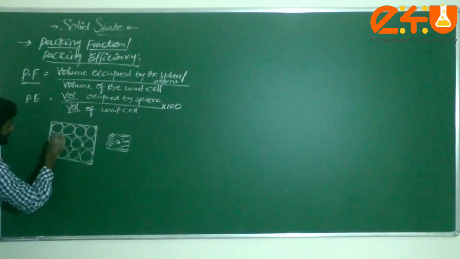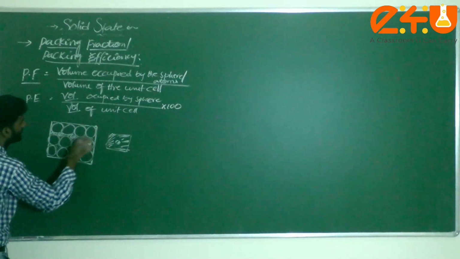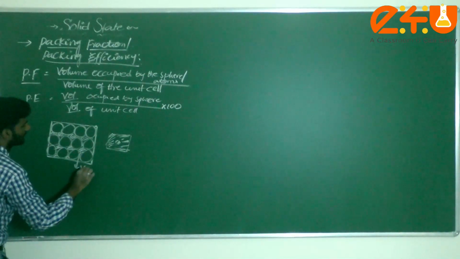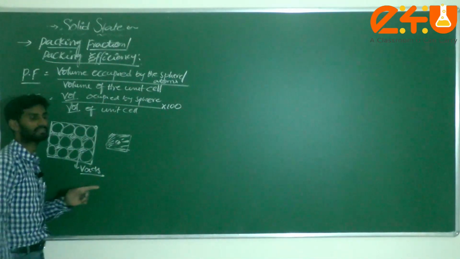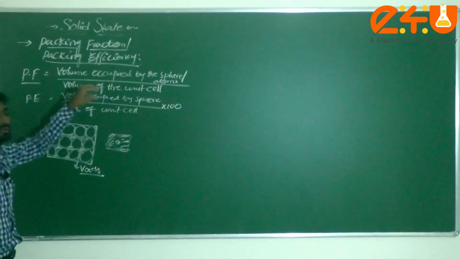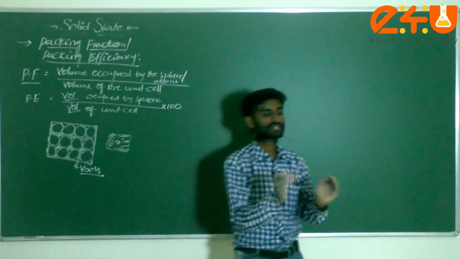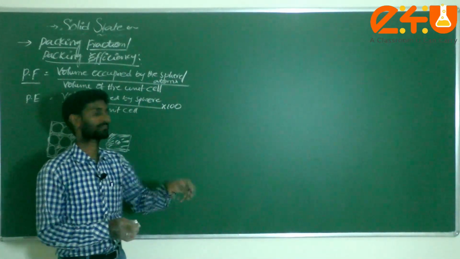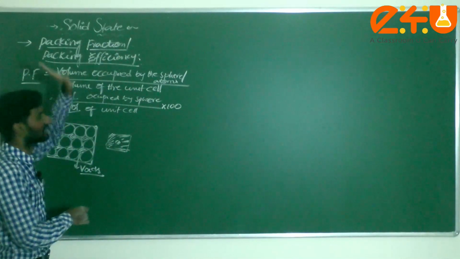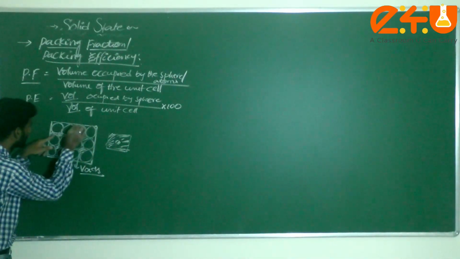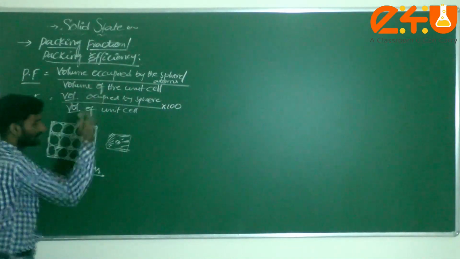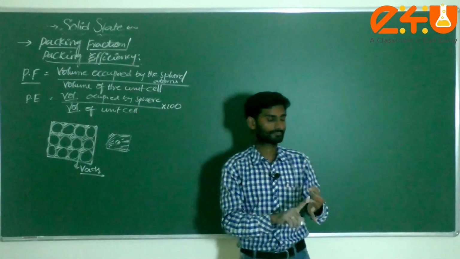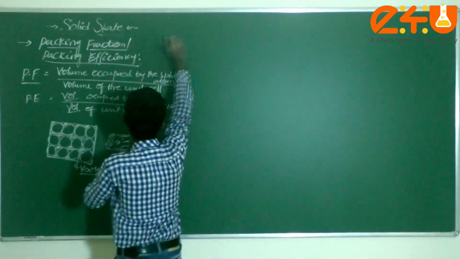The atoms only occupy part of it, and then there are some gaps present. Those gaps are called voids in this chapter. After you put atoms in a particular crystalline lattice, how much space is left in that lattice is what packing fraction tells us. How much empty space is there, we are also going to calculate. Now, with respect to the simple unit cell, body centered and face centered, we are calculating the packing fraction.